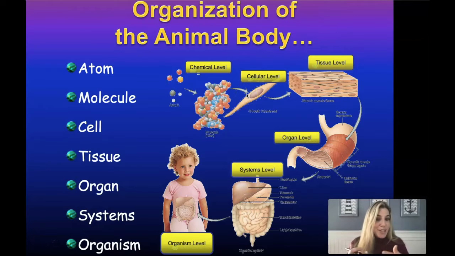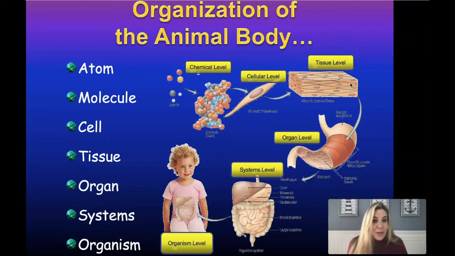So when those cells work together to make a larger structure, we call those tissues. And we're going to be studying tissues extensively in this class. And when you study tissues with a microscope, that's a field called histology. So we're going to be studying everything from epithelial tissue, which includes things like the coverings of organs and inside your cheek and that kind of stuff, skin, to connective tissues that hold things together.